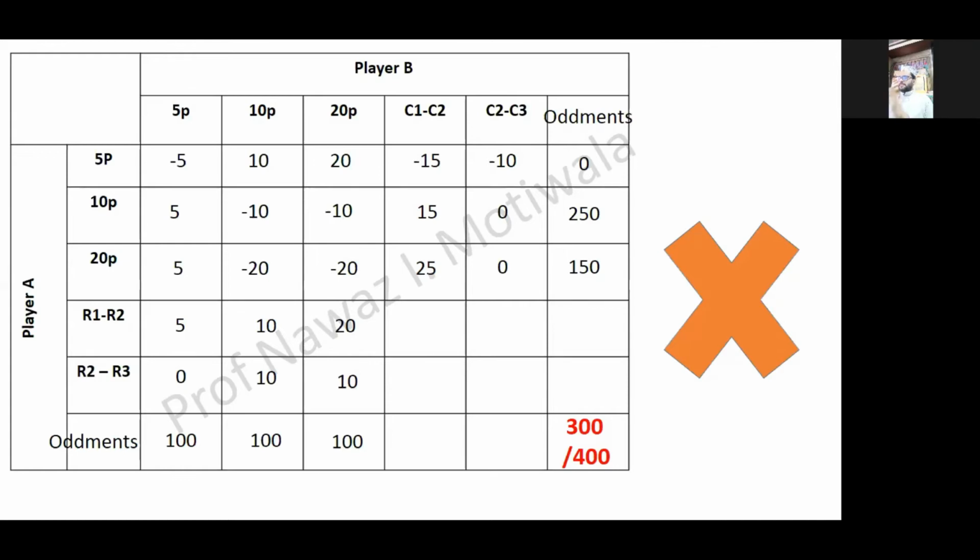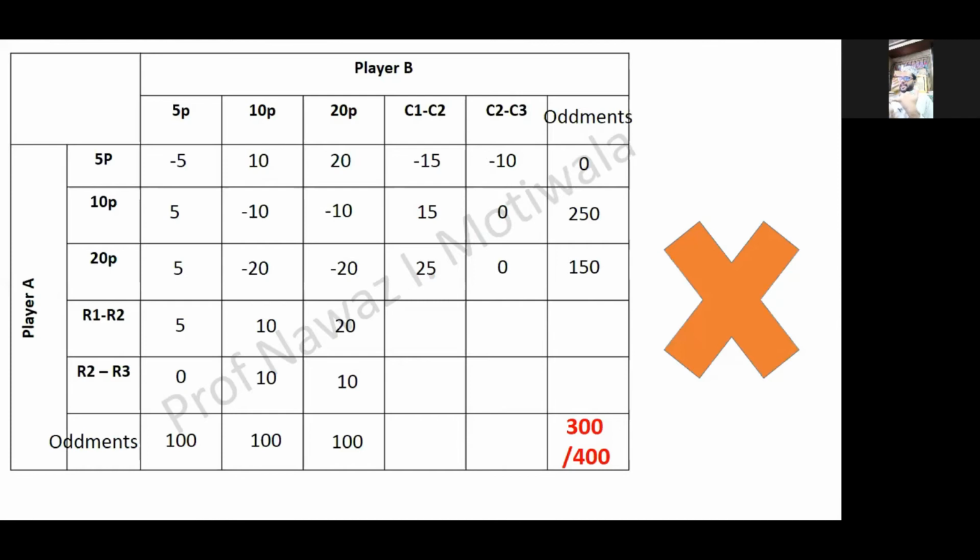But if it is not mentioned, then you have to first go for saddle point, then for dominance, and then for augment method. So this was the thing which I want to convey to you by taking this problem. Any doubts, please ask. Just to summarize the entire thing in simple terms, whatever we have discussed till now, the conclusion for all this concept was, first, in game theory problem, always check for saddle point. Any problem of game theory, always go for saddle point.